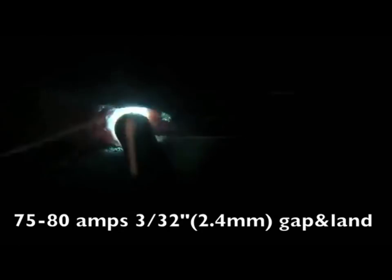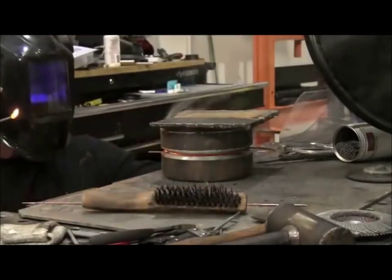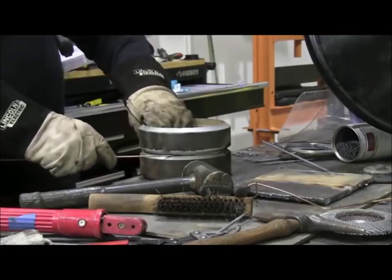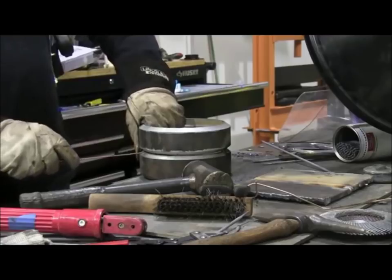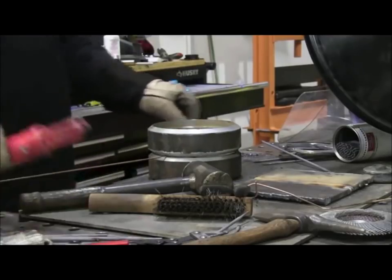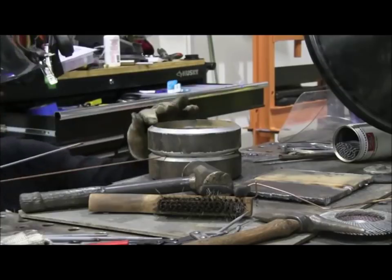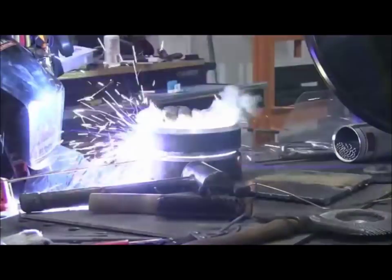Now this is the time to kind of gauge that when you're putting the tack welds on there. If you've got a good keyhole and it's not getting too big with you, then you know you're in pretty good shape. But if you're tacking and your keyhole's kind of getting out of control, then you might need to turn it down, especially because you're tacking in the horizontal position and you're going to be welding sort of vertical uphill coming off the bottom. So you kind of got to get an eye for how your tacks go in, for knowing the heat, because you're going to be welding on a strange machine if you're going to test somewhere,